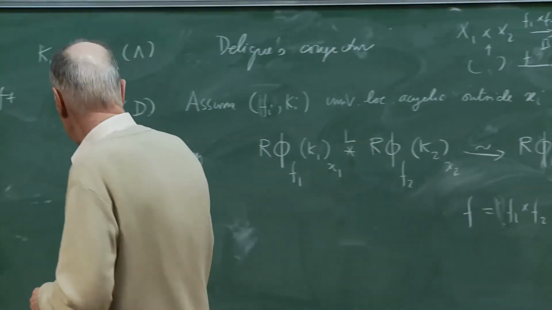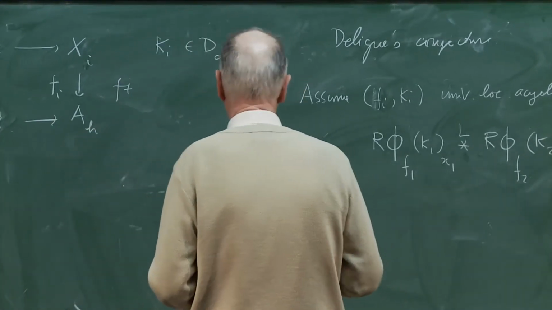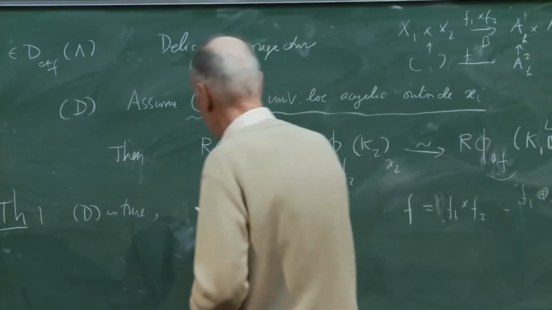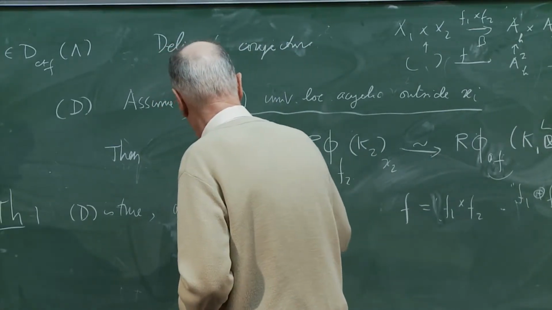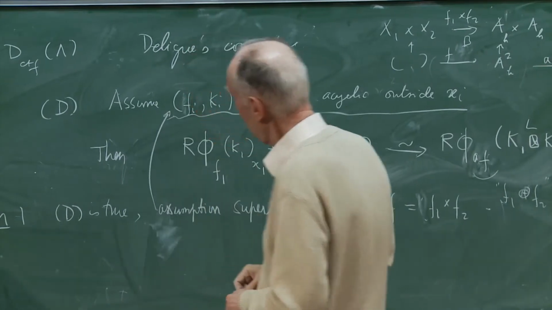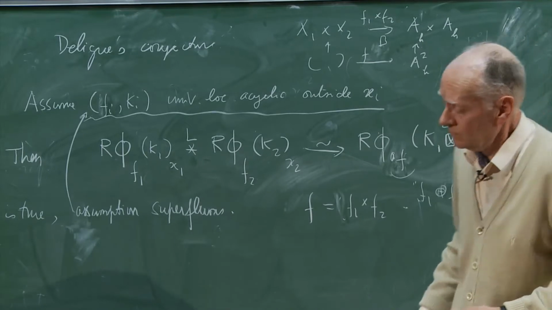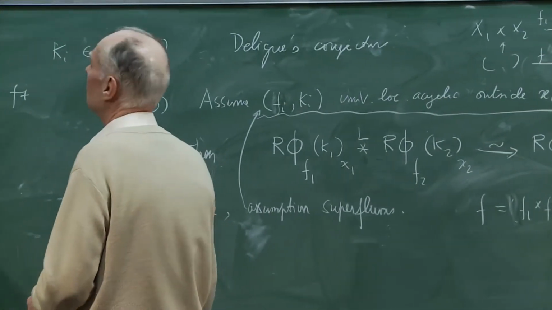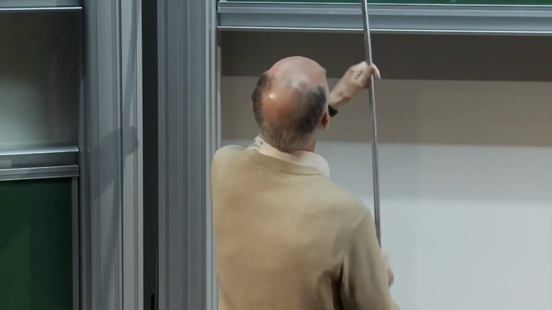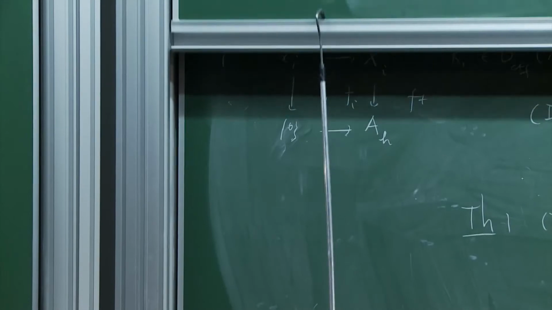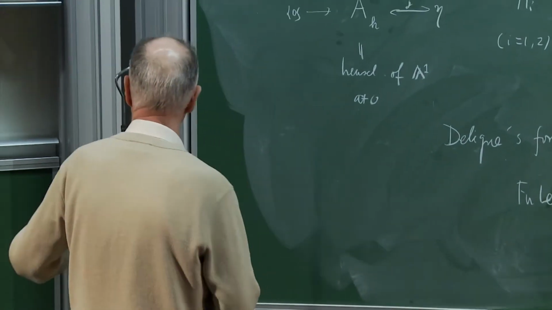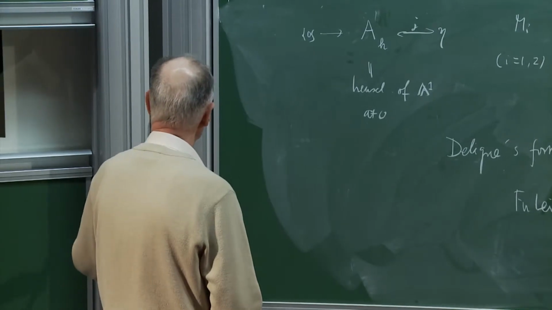So my result is that D is true. And in fact, this assumption is superfluous. Well, the proof is a bit stupid. I just retain from Fouquet's proof the fact that R psi commutes with